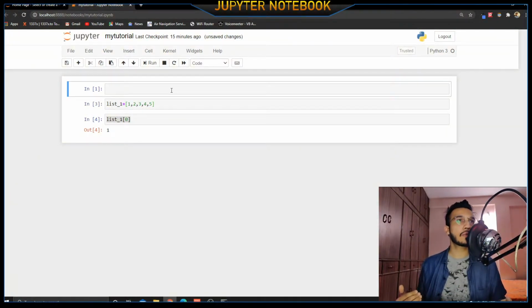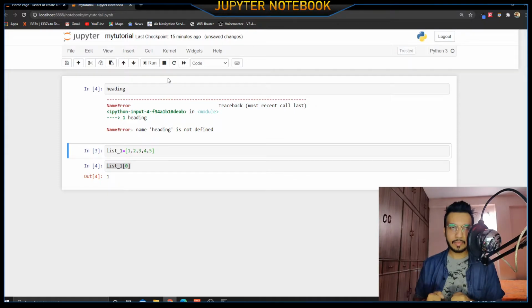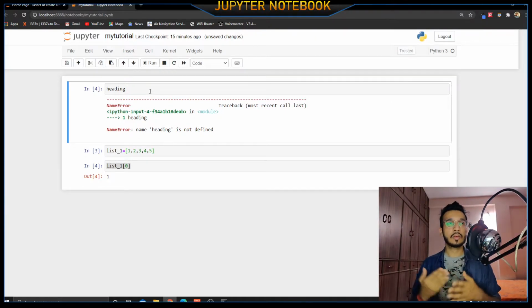For example, I want to give a heading for this list. If I just type heading and execute this, I'm going to get an error. The reason is that it is still thinking that heading is Python code, and heading is not assigned, it is not defined to anything. But we all know that this is a heading, it is just text, it has nothing to do with Python. To do that, all you have to do is go to your command mode by pressing escape